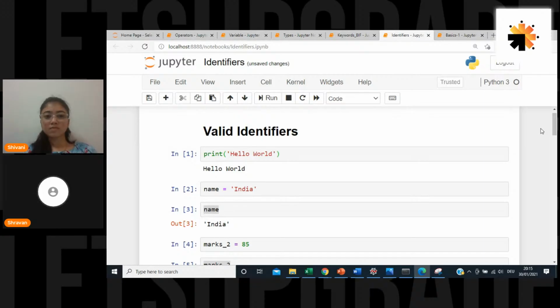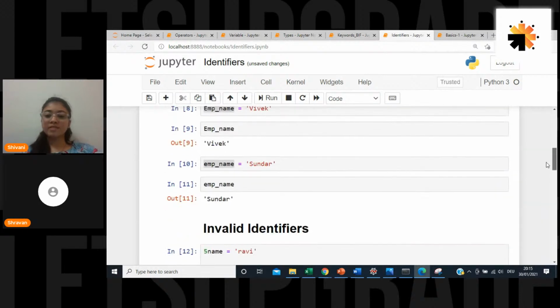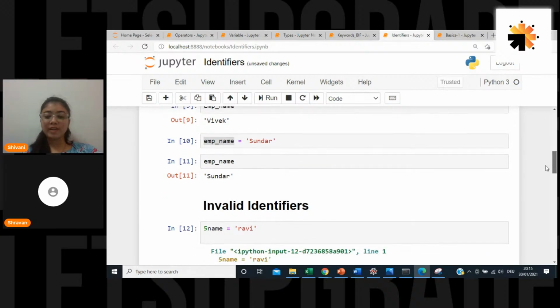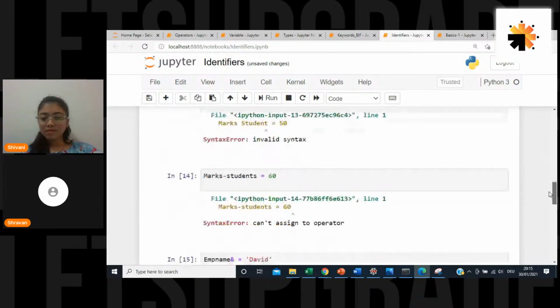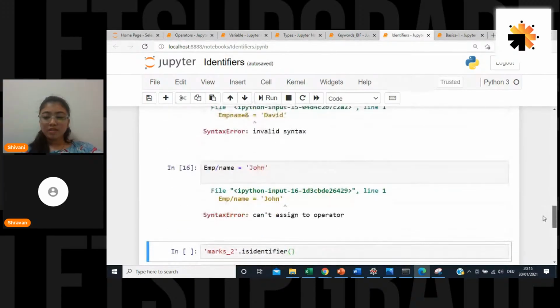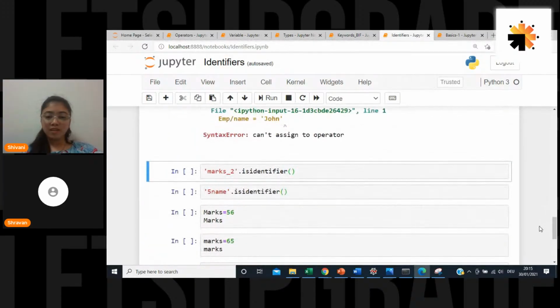Please write it in chat. Write yes or no in chat. Guys, if you don't understand, write no, or otherwise write yes so we can move on. Okay, yes, sir, they understand it.